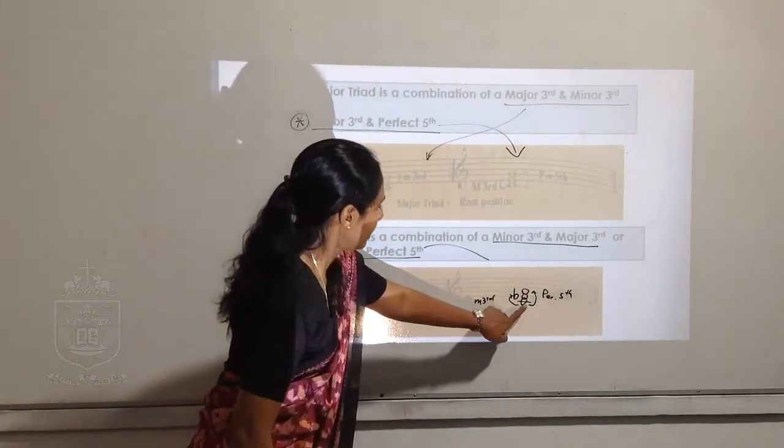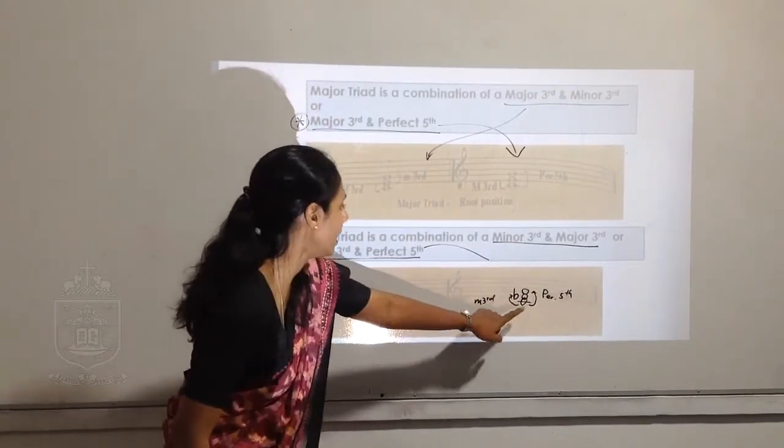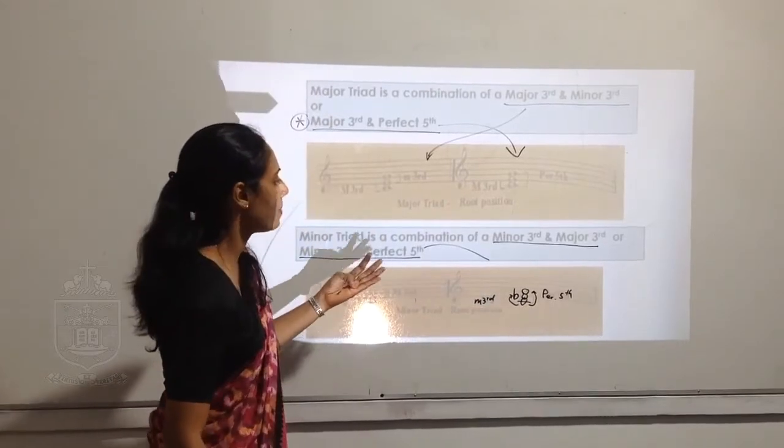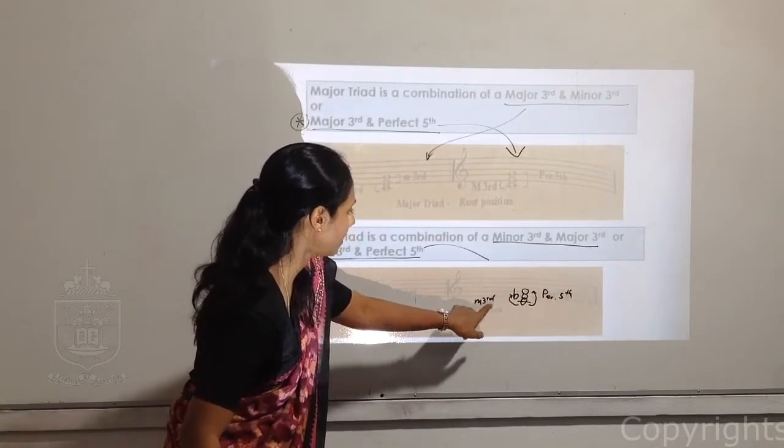We'll check C. Second note should be made minor third. C, D, E. We'll check the semitones. C to C sharp to D, D to D sharp. D sharp means E flat. So it is correct, minor third.